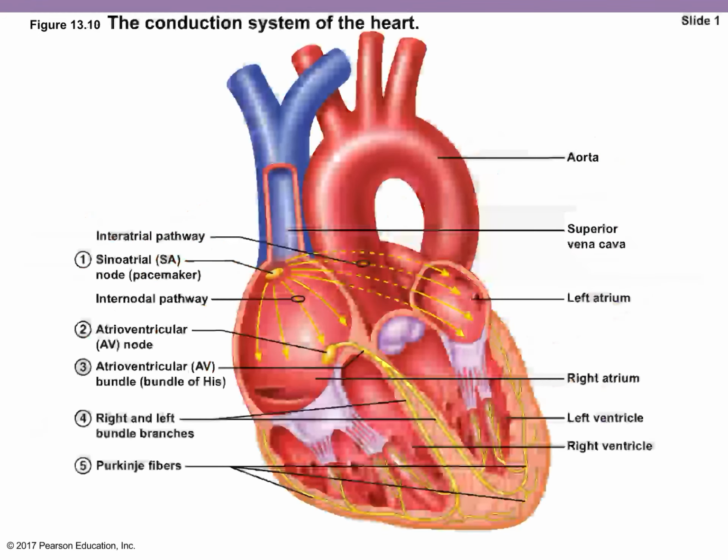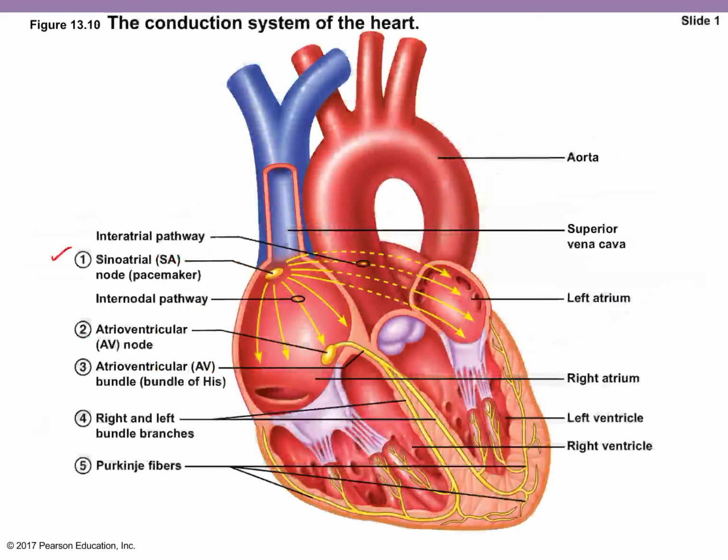All right, so looking at the conduction system of the heart. This should be quite a review. The sinoatrial node is going to be our pacemaker, which fires first and creates its own action potential. That action potential will flow through internodal pathways, conduction fibers that run to both atria. So the two atria get the message first to fire